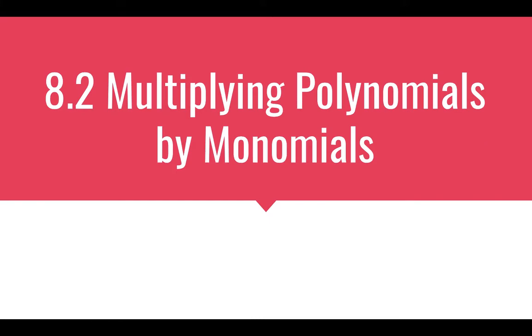Okay, in the previous lesson, we were learning about polynomials. We learned that there are different types of polynomials. We had examples of monomials, binomials, and trinomials. And then we also learned that we can take polynomials and add and subtract them together. Today, we're going to look at a third operation, and we're going to multiply some polynomials together, specifically by a